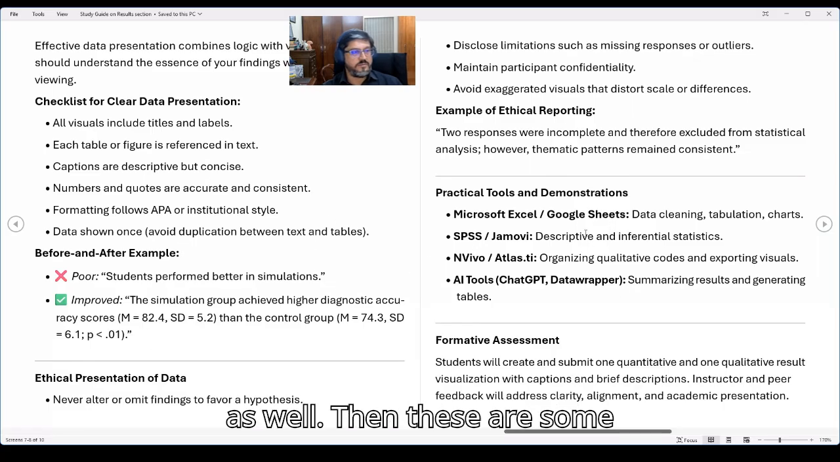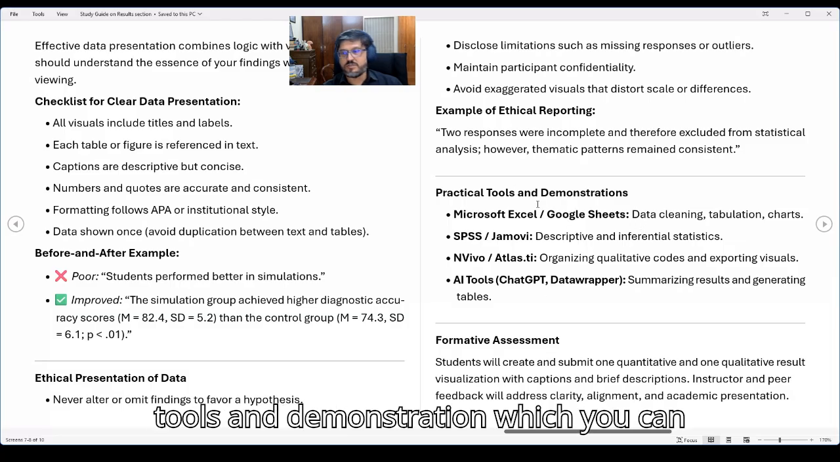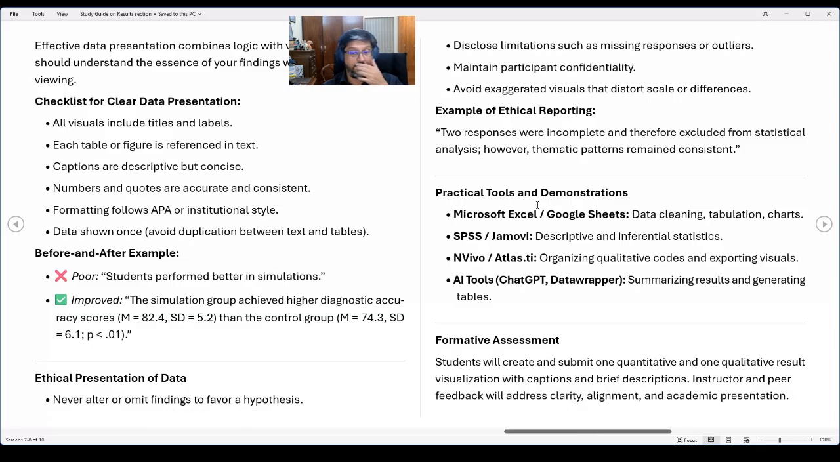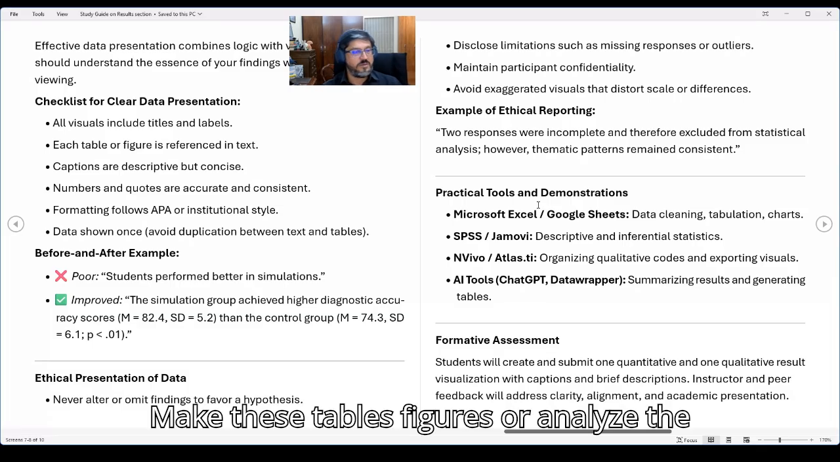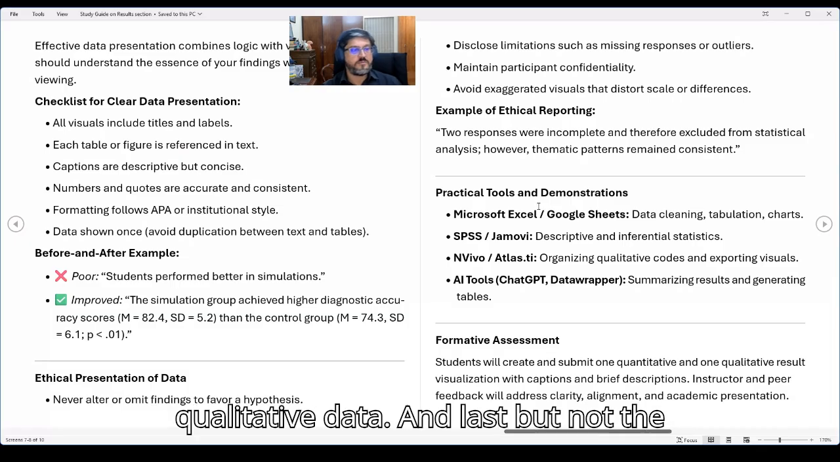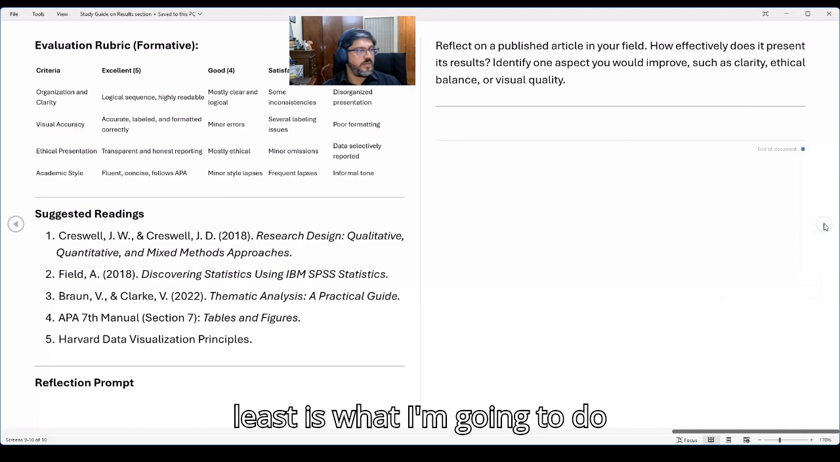Then there are some practical tools and demonstrations which you can use to make these tables and figures, or to analyze the qualitative data. And last but not the least,